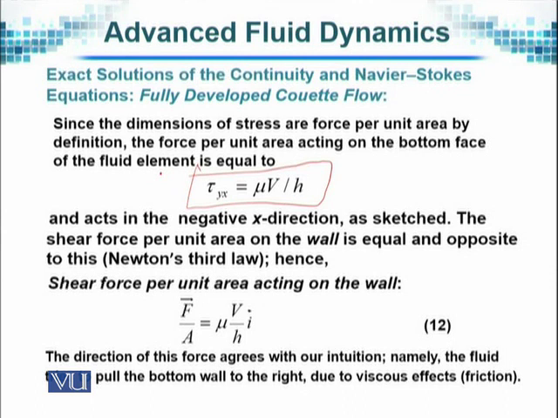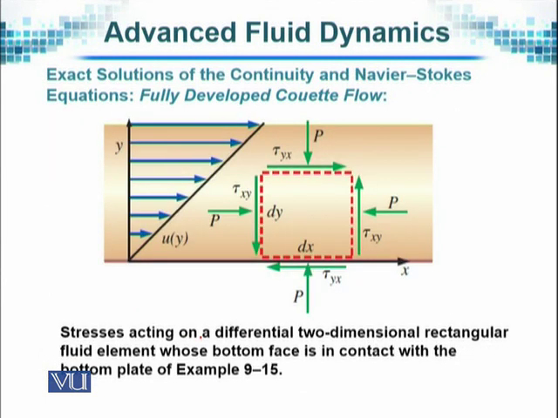So the shear force per unit area will be mu V over h times the unit vector i, and unit vector i is obviously denoted in the x direction. So these are the forces, the stresses, that act on the motion of the fluid